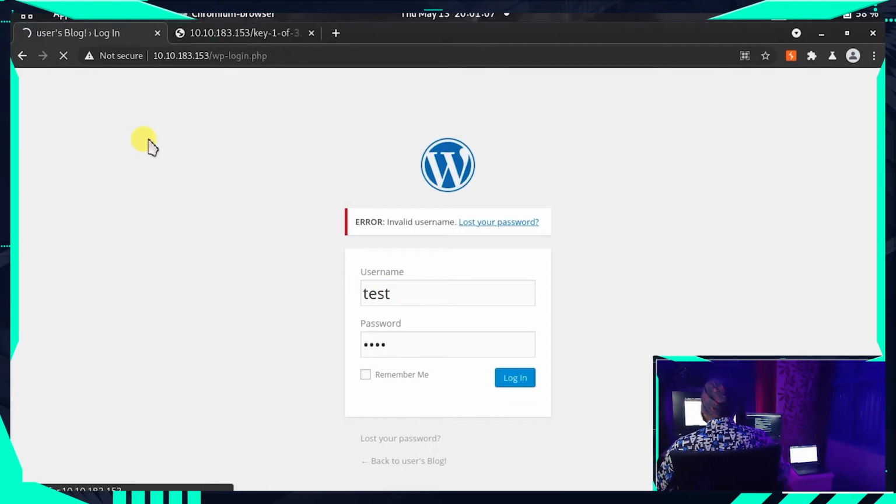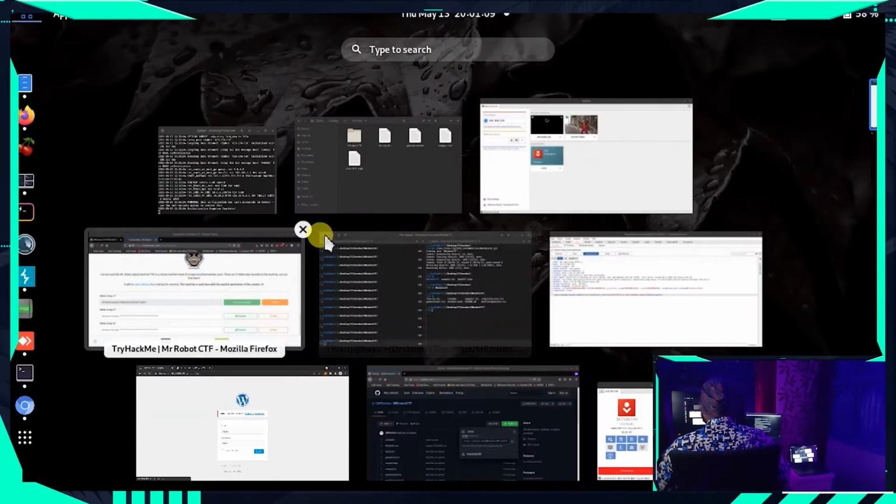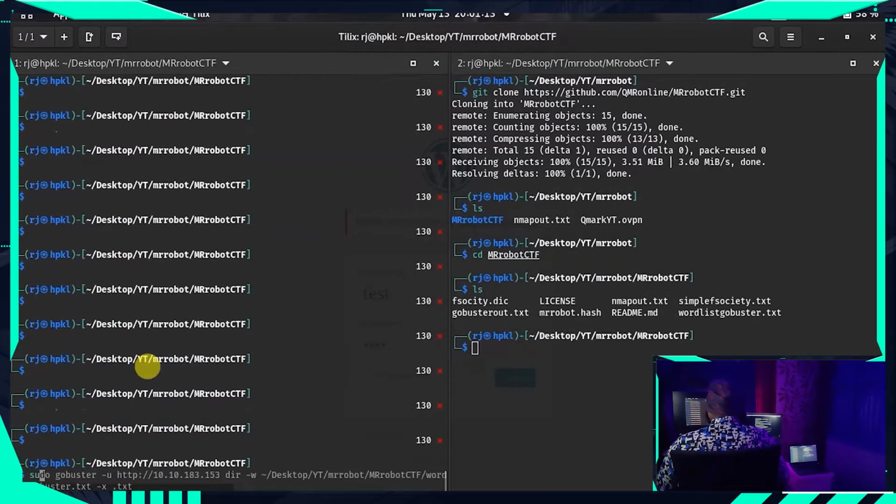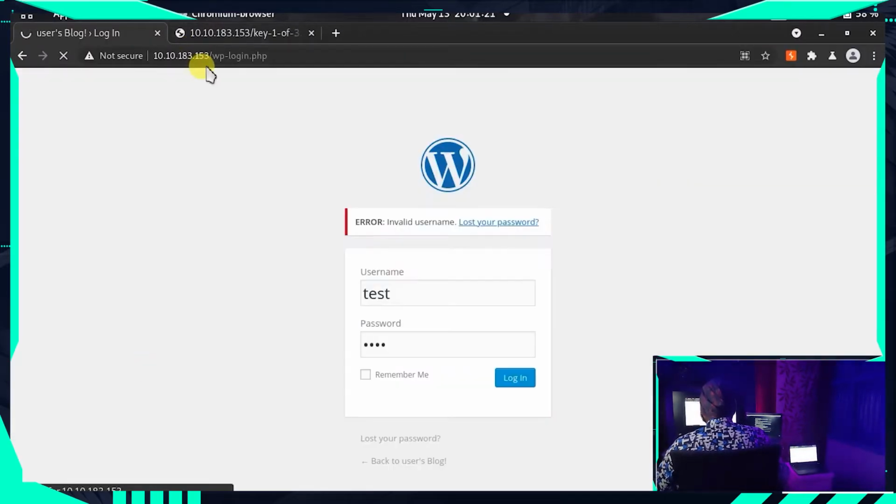Since we know it uses WordPress, let's use this tool called WPScan. To use that, type sudo wpscan and specify the URL. Specify the IP address, it's 10.